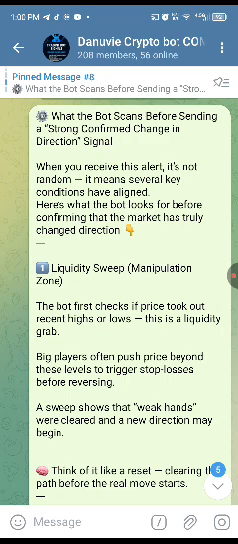Now, when you receive this alert, it's not just random. It means several key conditions were aligned, which means the bot, based on the criteria and the programming we have given it, is calculating a series of criteria. And until those criteria are met, it will not send you this strong confirmed change in direction signal. It won't send it to you. So it means several key conditions have aligned. Here's what the bot looks for before confirming that the